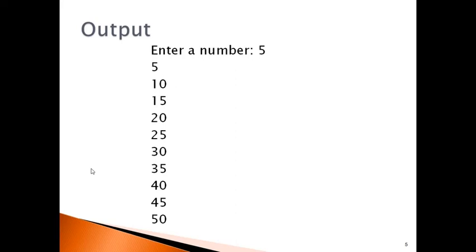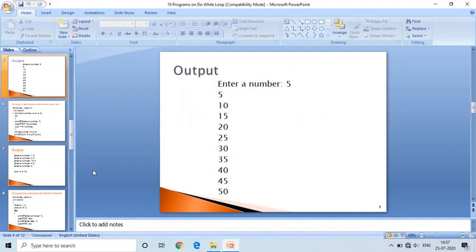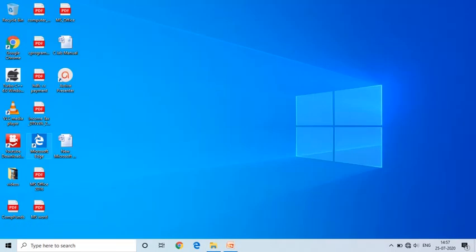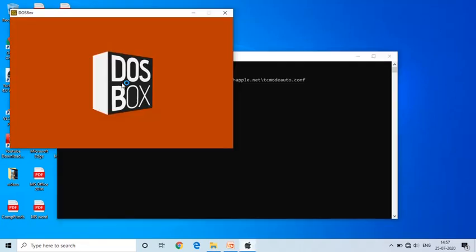Now we will execute this program in the Turbo C++ compiler and we will see the output. Open the Turbo C++.